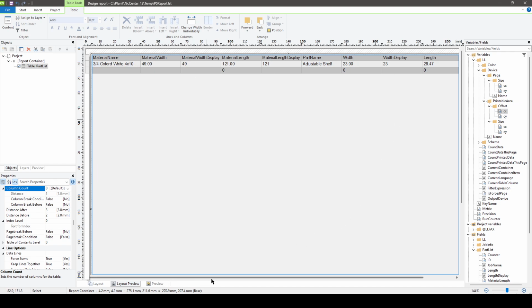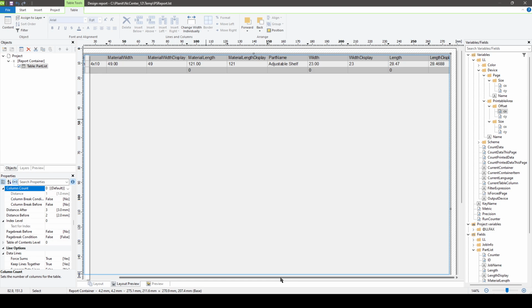So I'm just going to adjust this stuff a little bit. But realistically, this is what I want to talk about with length and length display. This is interesting that this is 0.47. Anyway, in order for the length display to properly